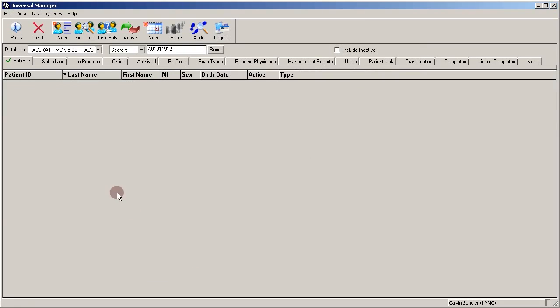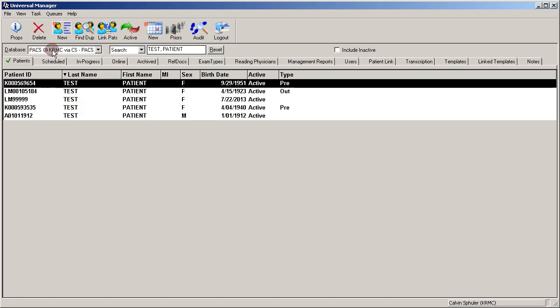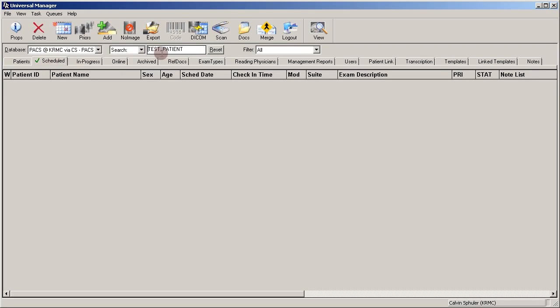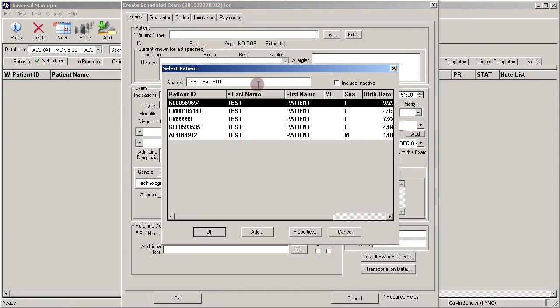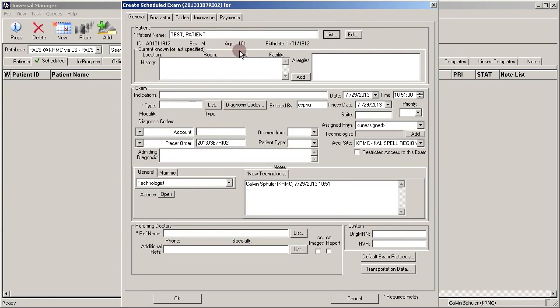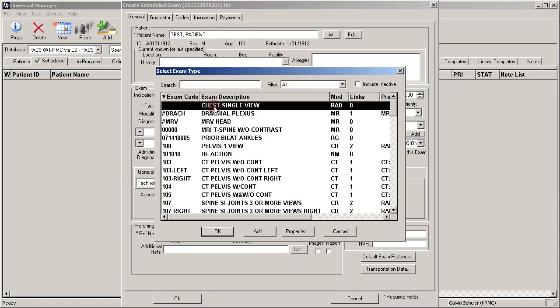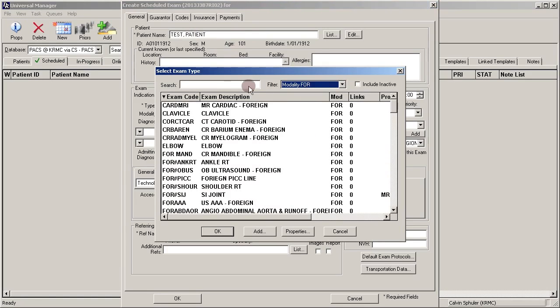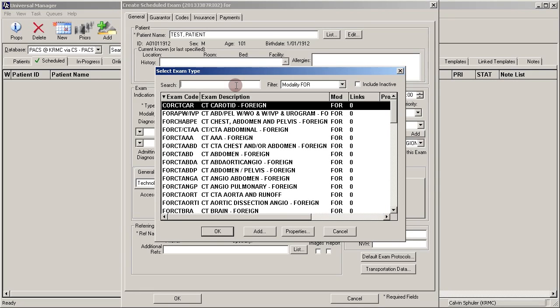Hit OK, and there's our patient right there. So we're going to use that patient to schedule this exam. Now that we've created the patient, we'll go back to Schedule, hit New, go to our list, Test Patient, and there's our patient. Okay, so now we have the patient in there. We have to schedule the exam. All foreign exams use the modality of foreign. And once you select the modality, you want to first start your search by typing in the actual modality. So oftentimes for a stroke protocol, it will be a CT. If it was an MR, you could type in MR,